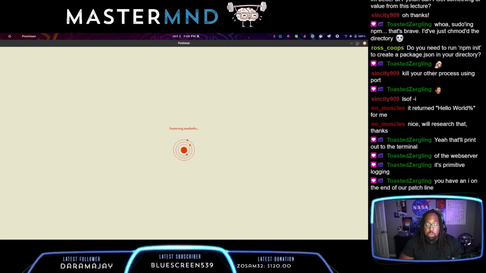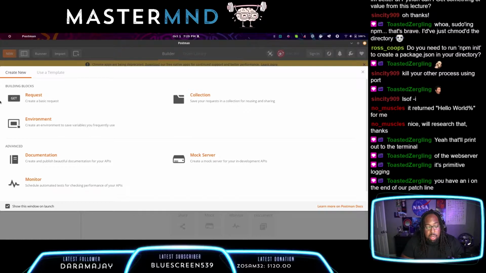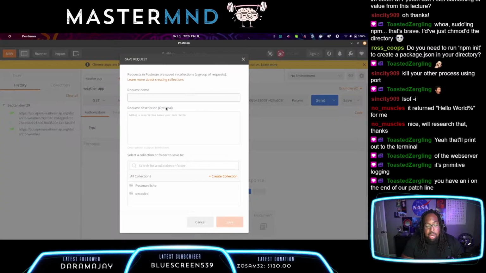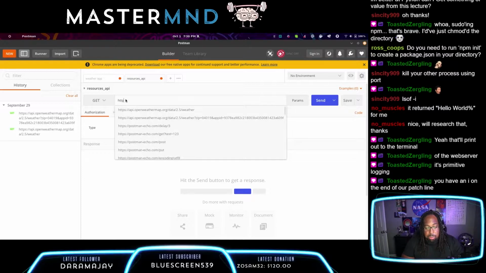If you're trying to use Postman and you're trying to make some requests that way instead of curl, because it's a GUI application, I get it, nothing wrong with it. You're going to go into here and click new request, call the request name whatever you want. I'll call it just resources API, and I'll put it in the decoded collection and I'll save it. And we can put our URL in here. Our URL is going to be